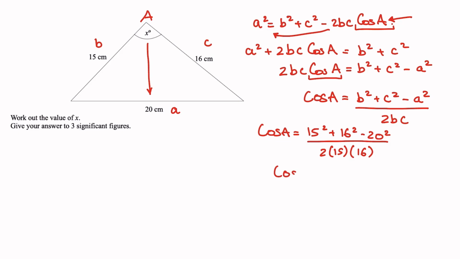So if I put this in a calculator, I get cos a simply as 27 over 160. So now if I want to find the value of a, I use the inverse of cos, so a becomes equivalent to cos minus 1 of 27 over 160. And if I do that, I get the value of a as